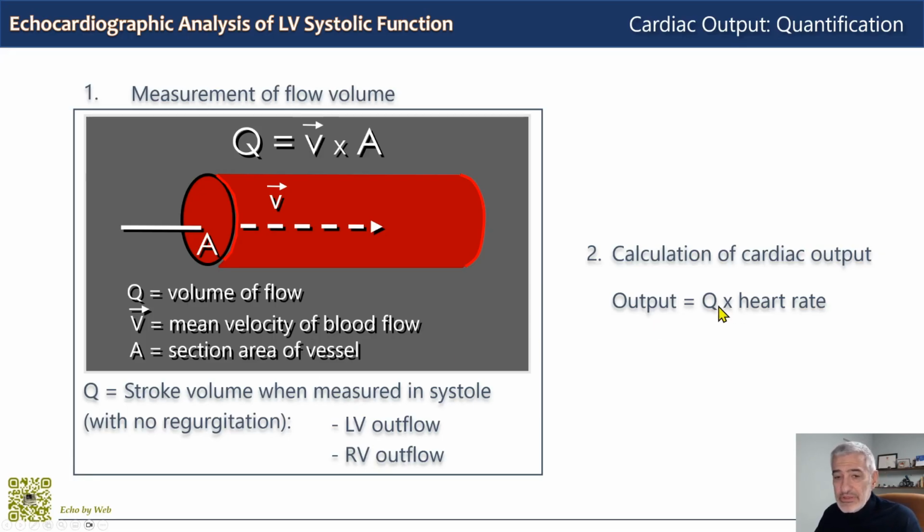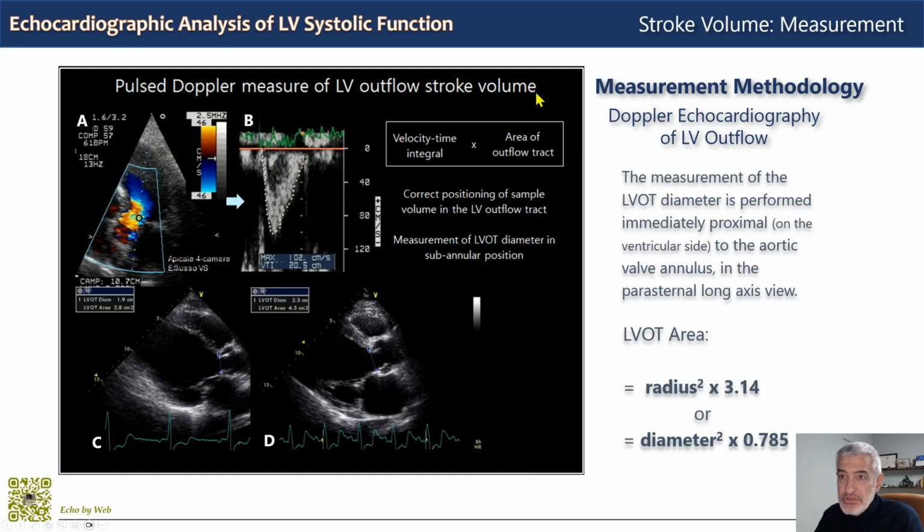And cardiac output is the product of Q, the stroke volume, by heart rate. The measurement of stroke volume with echocardiography and pulse Doppler is accurate, but a proper methodology must be followed. So to obtain stroke volume, we need the velocity time integral of the pulse Doppler of left ventricular outflow, and the outflow tract area, which must be measured at the same location where the velocities are sampled, so